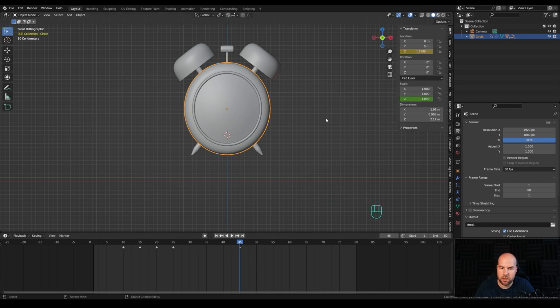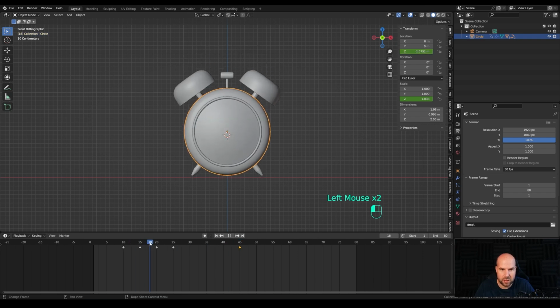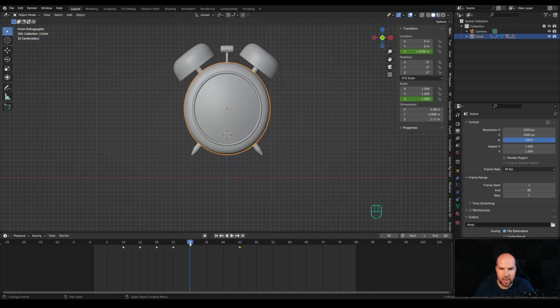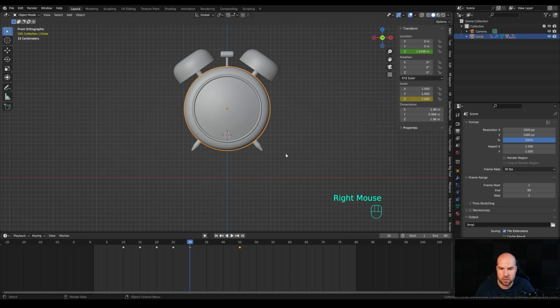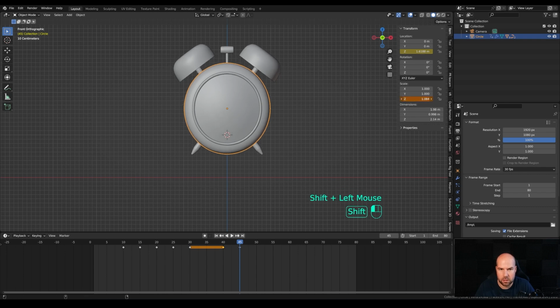But I want to do several things with the scale here as well, because as it goes up, the scale will collapse to its original state. So let's around frame 30 insert scale of 1 and right click insert single keyframe. So it will collapse back and then it will start to stretch out around here. So let's select this frame, press Shift D and duplicate it there, and around frame 45 it will already be larger on the Z-axis. So let's expand this, right click and insert single keyframe,